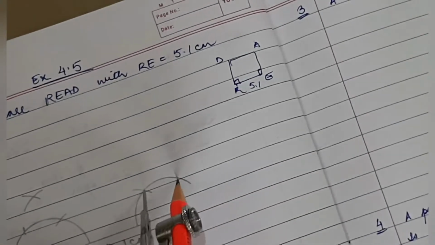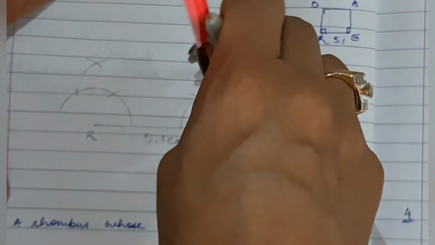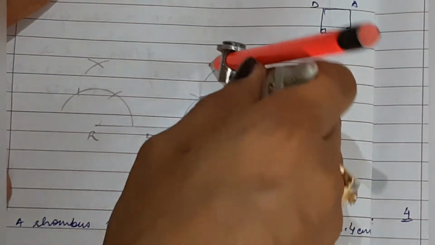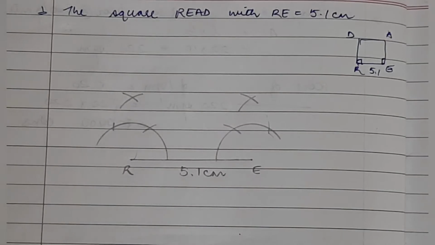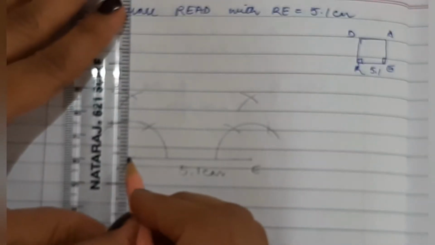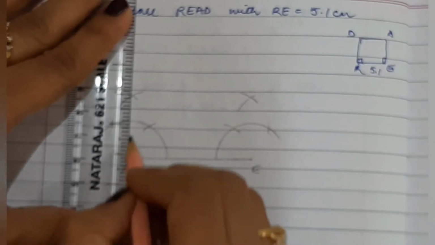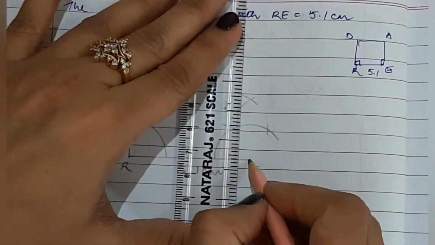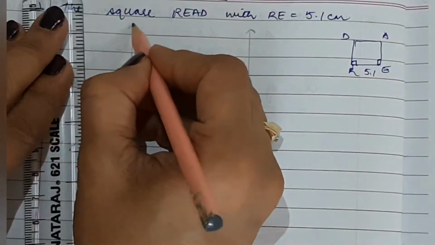Instead of constructing one angle, then joining the line, then constructing the other, it's better to construct both the angles together and join lines in one go. It will save your time. Here I go. The second angle of 90 degree. So put arrows over here.